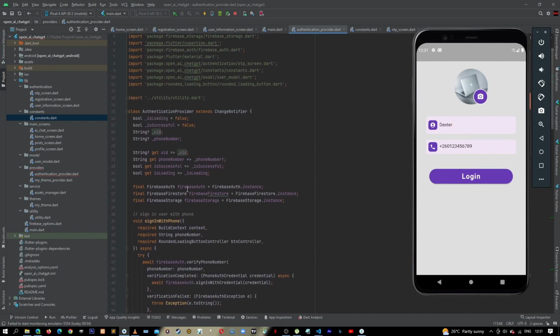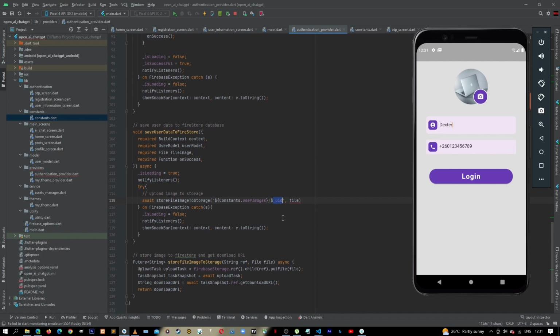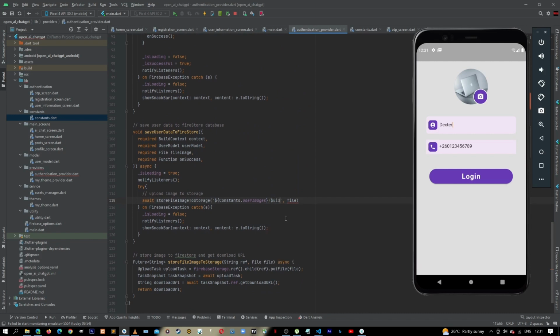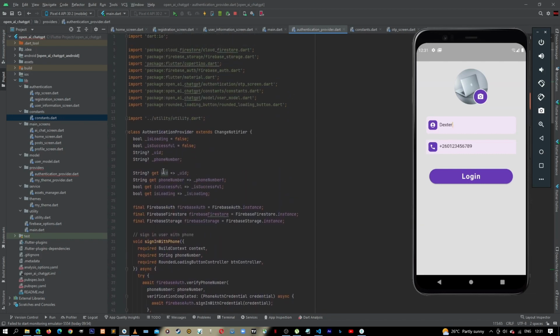We are getting this UID. We want to put it here, or we need to say UID. This UID gets this UID,